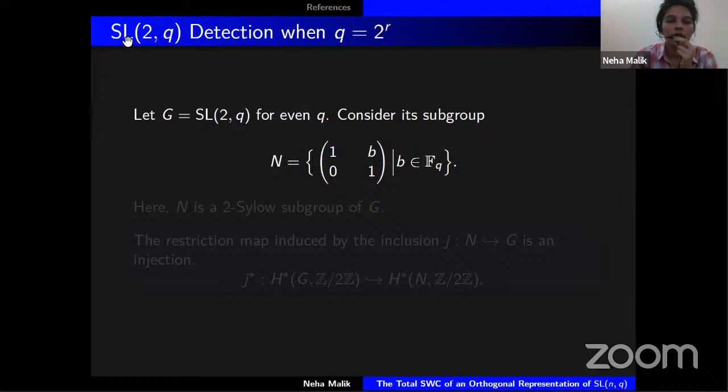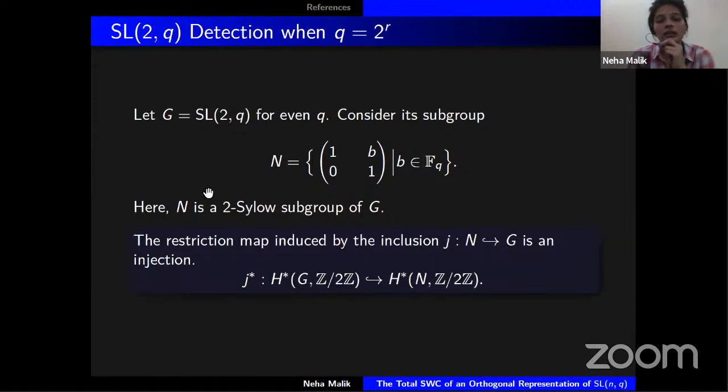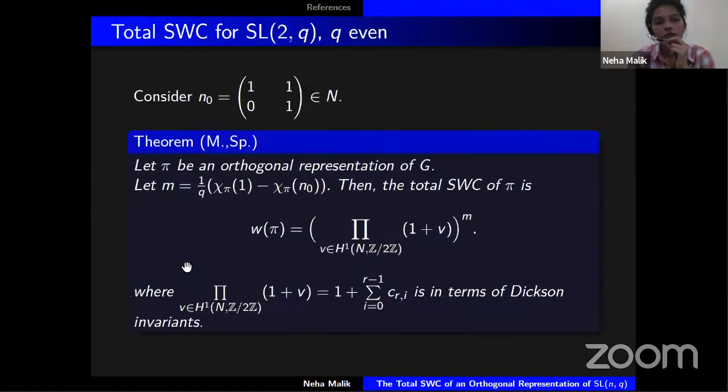Let's see what happens for SL2(q) when q is even. So in this case, we have this subgroup N of upper unitriangular matrices, and this subgroup is a Sylow 2-subgroup for G. So due to our odd index lemma, we can say that this N detects mod 2 cohomology of G. And we can use this detection lemma